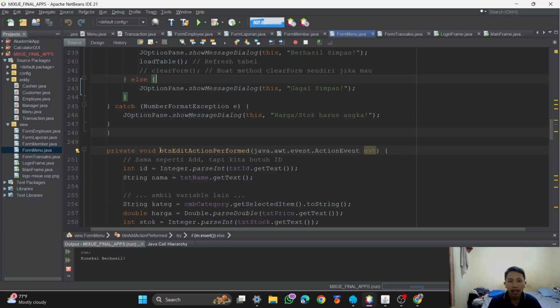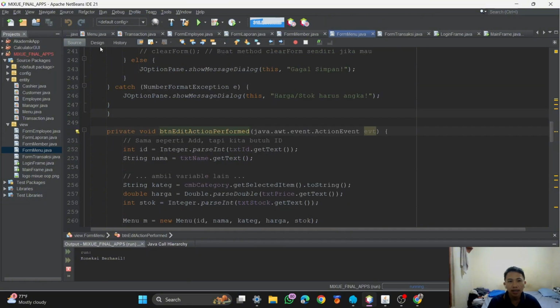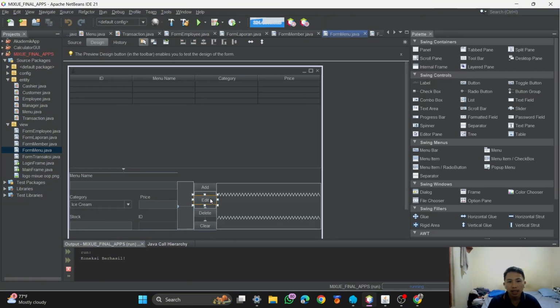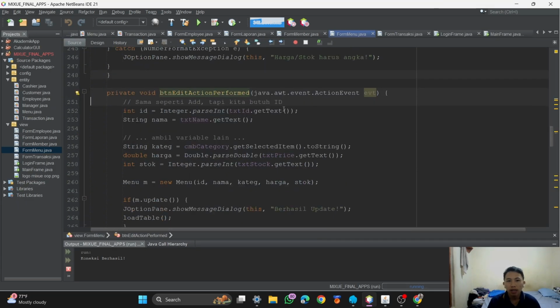Okay, next is the edit button action. Where is it? In this edit. Like the create, but we also need the ID.